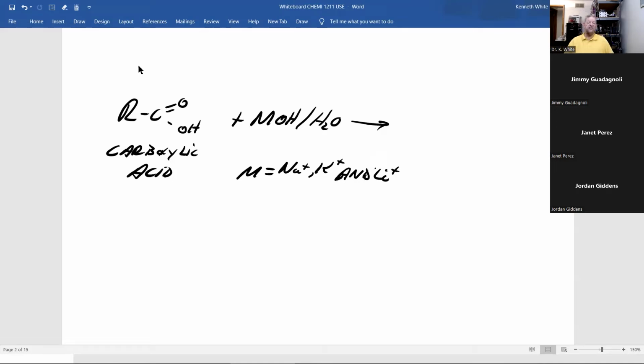And M can be a sodium cation, potassium K plus, and lithium. And what you get, acid-base reaction, is this carboxylate anion